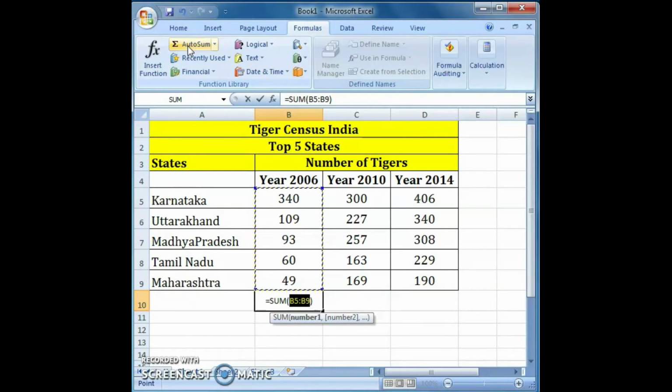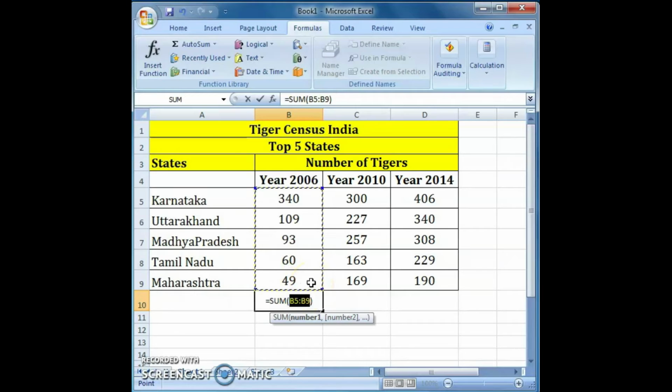A dashed border appears around the cells B5 to B9 and Excel automatically enters the formula that uses the sum function in the cell B10. Clear? A dashed border appears around the cells B5 to B9, this is the B5 cell, this is the B9 cell.